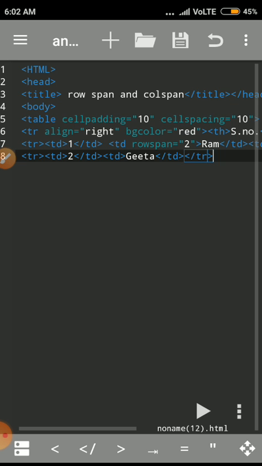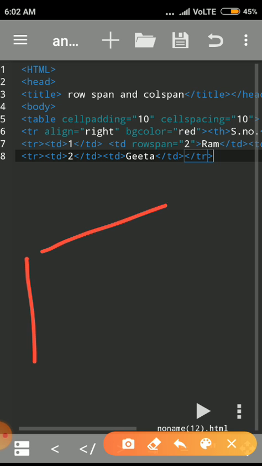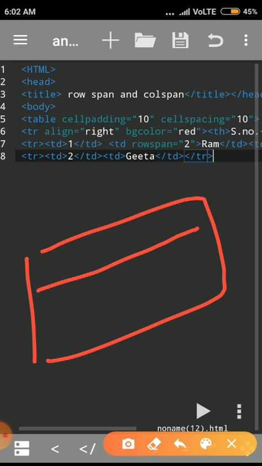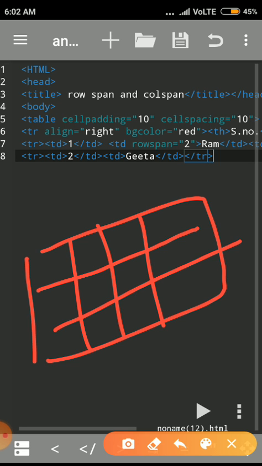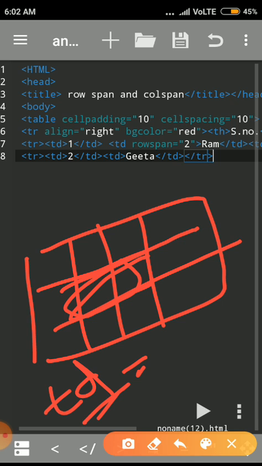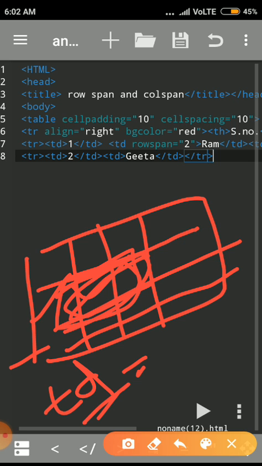Then the same in call span, if we want to merge 2 columns, it means suppose this is my table and I want to merge these two, so on the td tag I give the command call span equal to 2, and here I give table data, and here table data, in place of 3 data I give just 2 data, so it will merge these 2 columns, and here again I have started the tr tag and given 4 table data, okay.